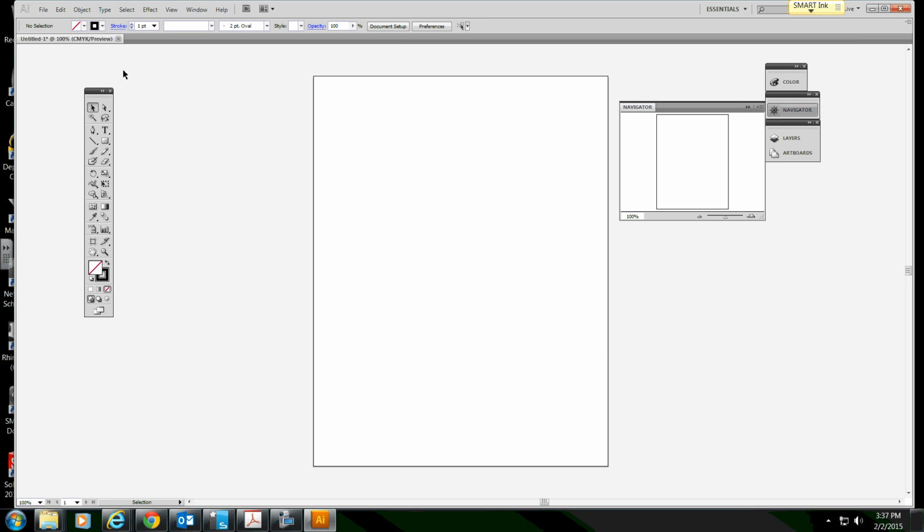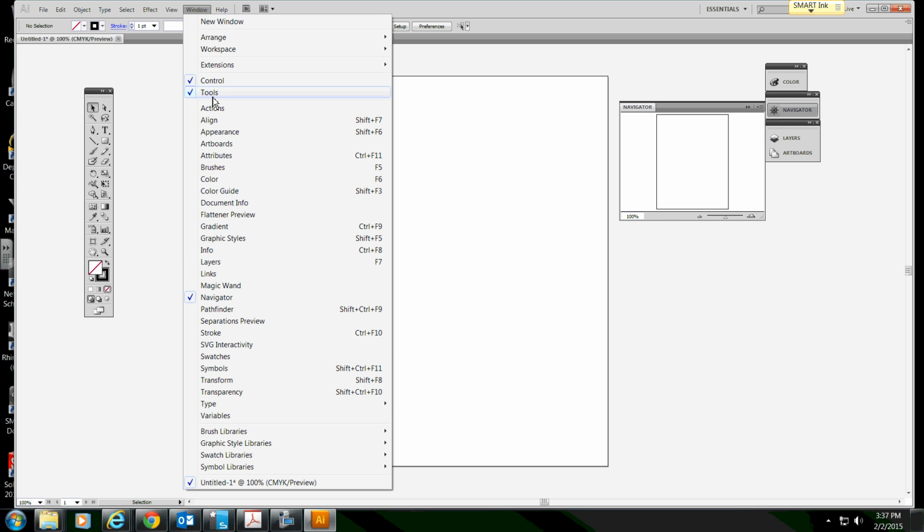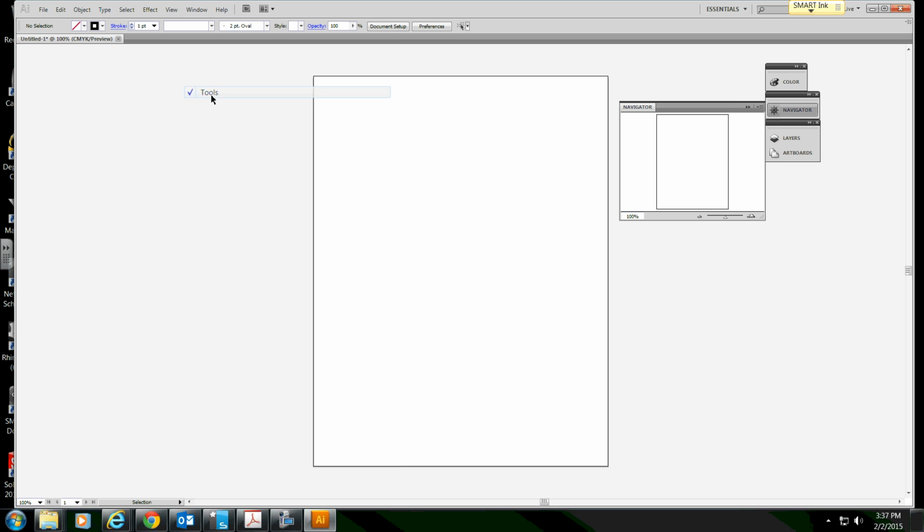Let's first talk about the control panel. The control panel and tools will be defaulted to always turn on. You can turn them off if you like, just simply by unchecking them. It's not too often that students use this option because tools are used quite often to construct anything that they are designing. Control panel is something that I also refer to as the options of the tools that